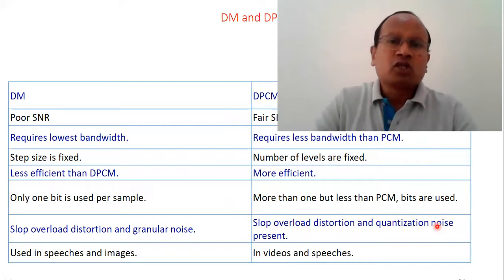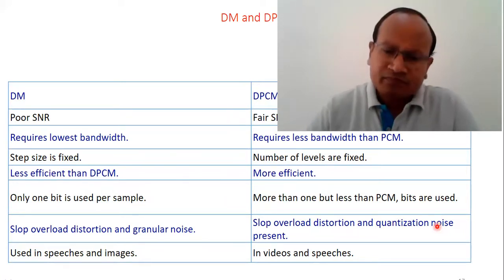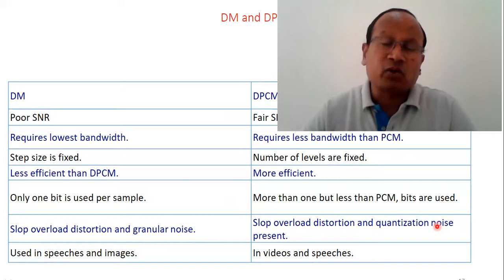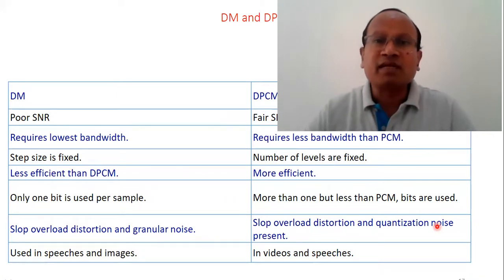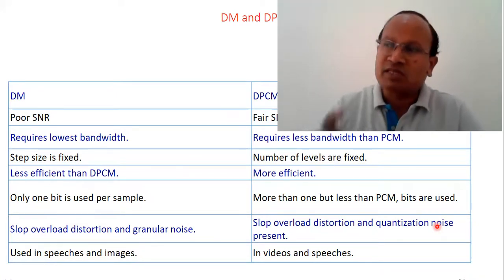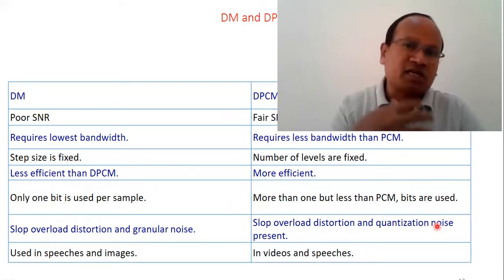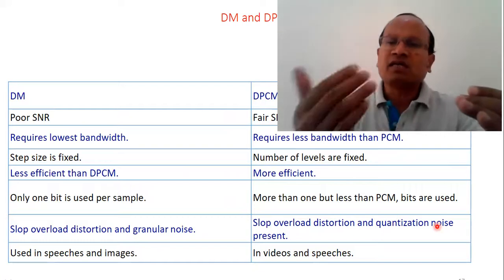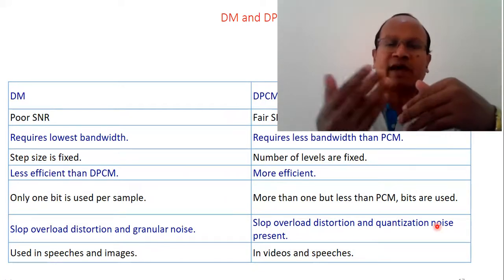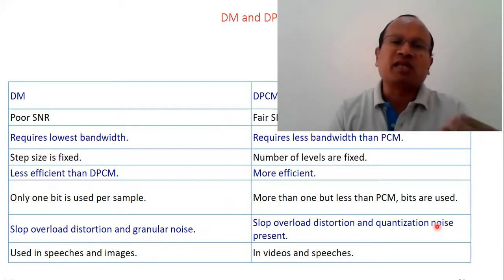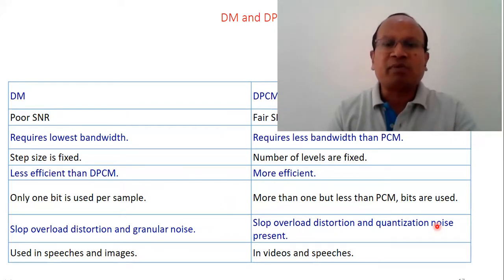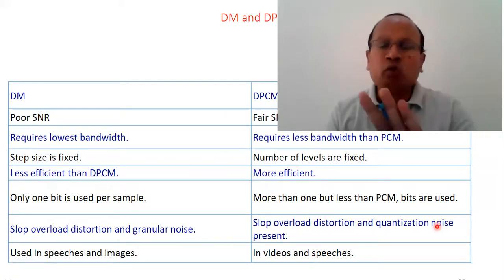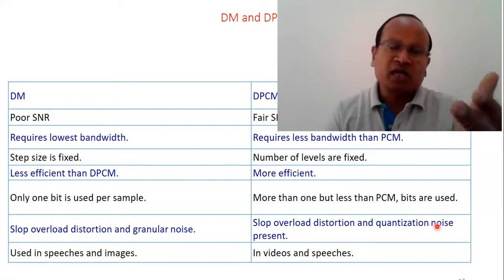That difficulty is addressed in DPCM. So rather than quantizing and encoding all the samples, we quantize and encode only the difference between the neighboring samples, and this is why we reduce the number of bits transmitted in DPCM. In DPCM, there is a feedback loop. There will be a predictor that generates an approximated previous sample, which is compared with the next incoming sample in a repetitive manner until all the samples are over.